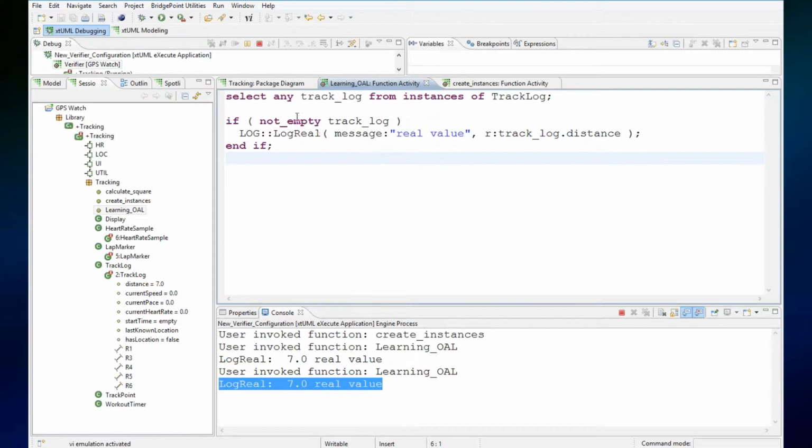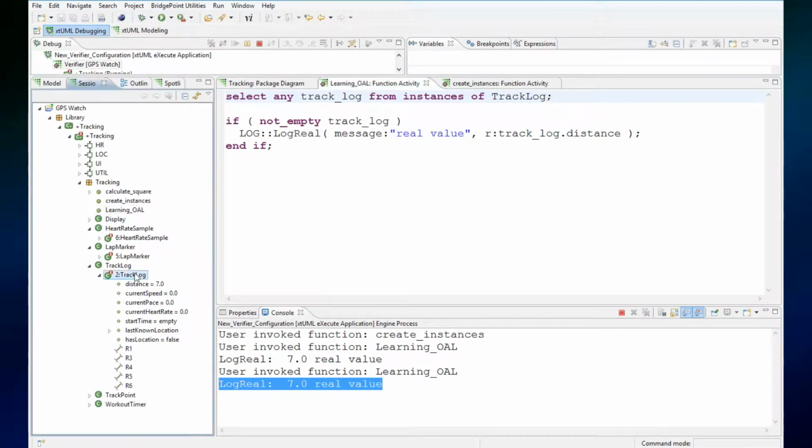So far, our select statements have been select any, and we haven't been particular about which instance that we get. But select statements support where clauses. So let's add a where clause. And even though we know there's only one instance because of the verifier test session that we're running,